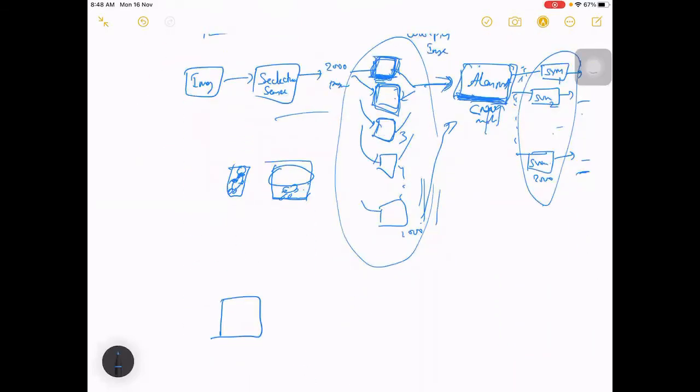Maybe the object is here, but it has proposed this box. Out of this box, one thing is it will pass to this AlexNet maybe, and then your SVM, and you are classifying the object between different objects like cat, dog, or maybe vehicle, and so on.